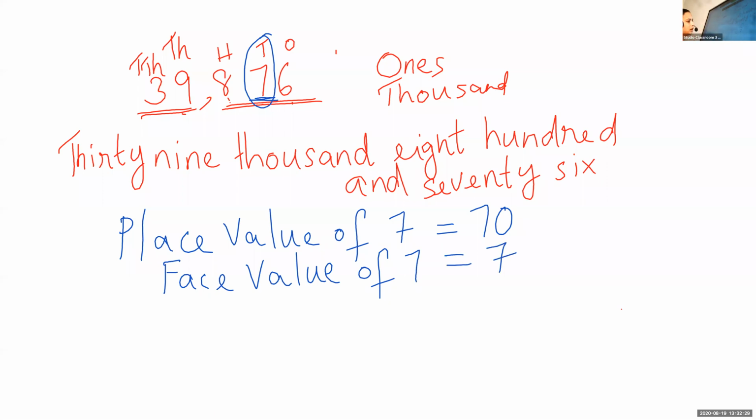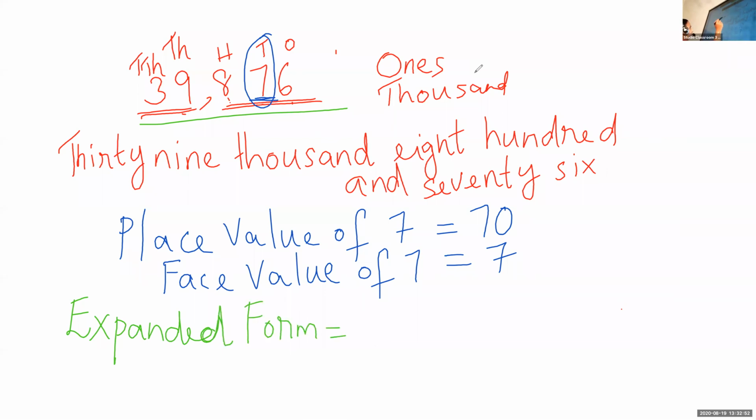Now, Amal Fayaz, please unmute and tell me expanded form. Expanded form of this number. Look, 3 is in which place? 3 is in ten thousands place. So,